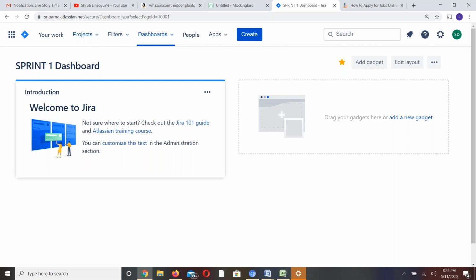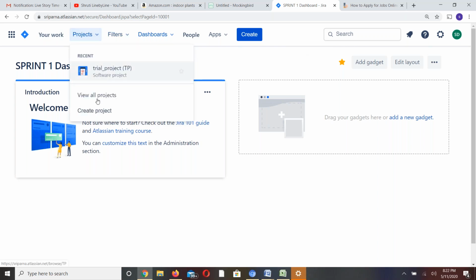Now if you go to projects here, you will see only one project, but you can create another project if you have admin permission. But in general, if you are starting to work on a project, you will not be an admin, right? You are not supposed to create, but you should be able to see the items assigned to you. You should be able to move the items from your queue to assign to someone else, and you can track the items until closure. You can create your own filters and save.